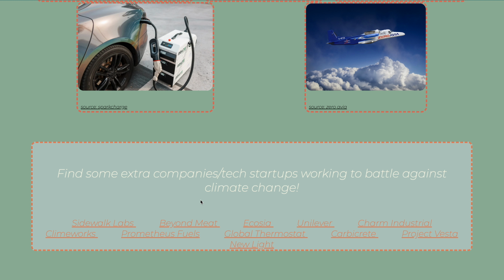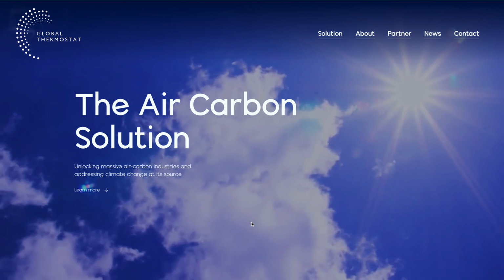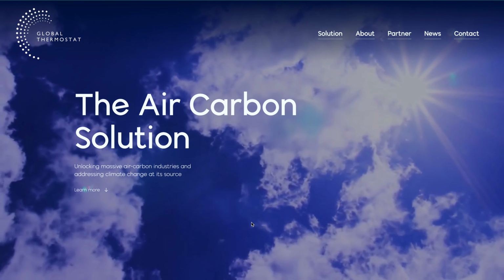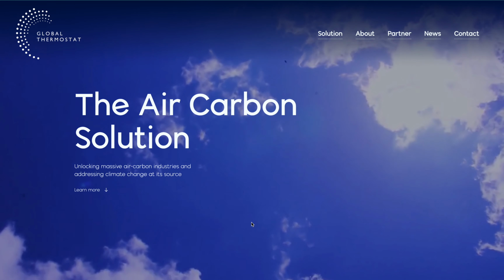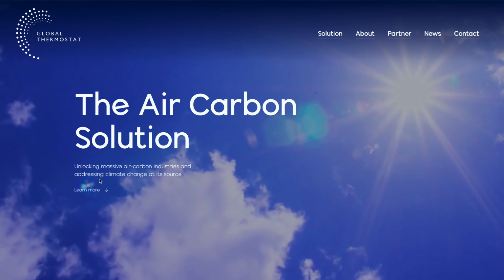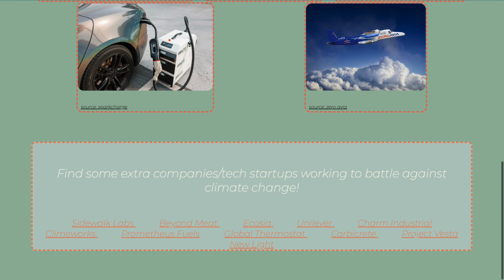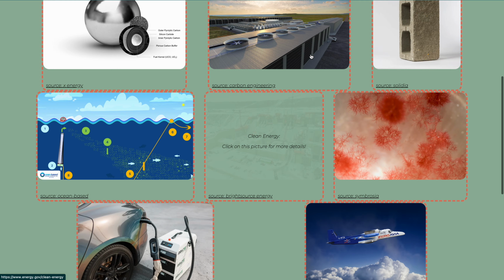Then there's also a section that talks about unique companies and tech startups that are working and battling the climate crisis. For example, a very interesting company is Ecosia, which is a search engine that you can use for research, whatever you'd like. And for every 100 searches, they plant a tree on your behalf. So you can click any of these links, any of these images,